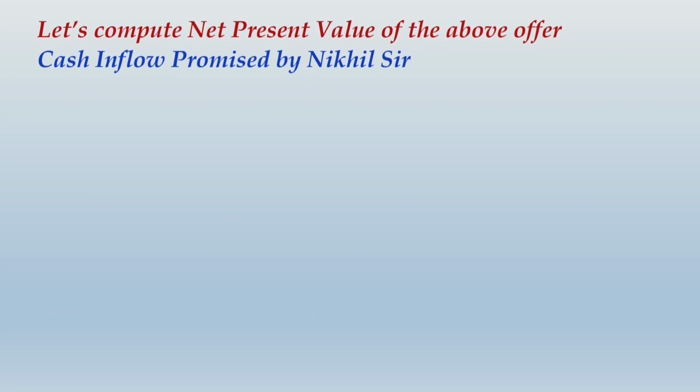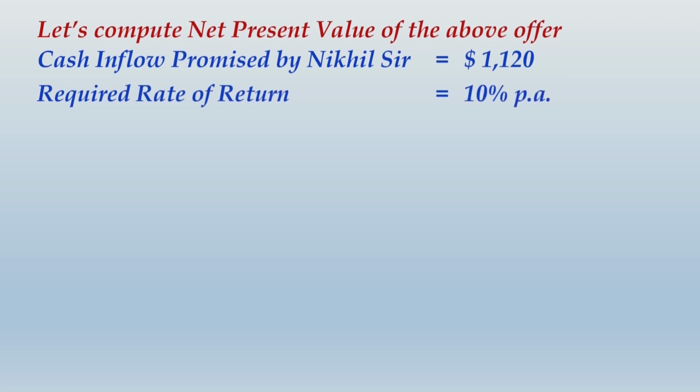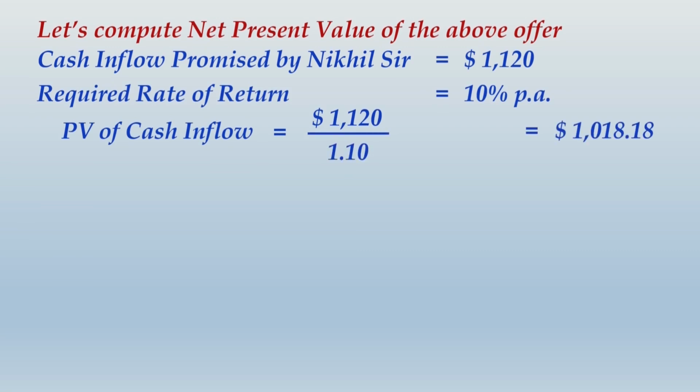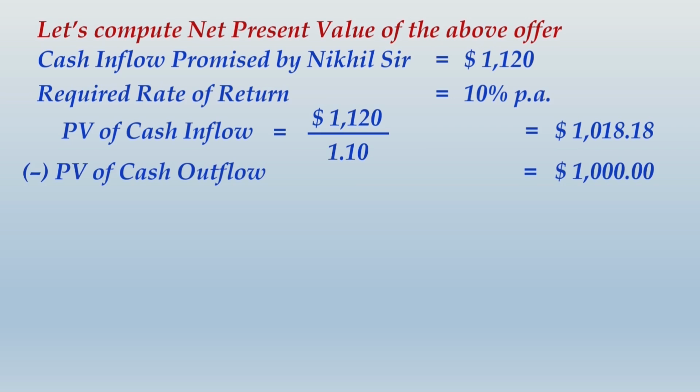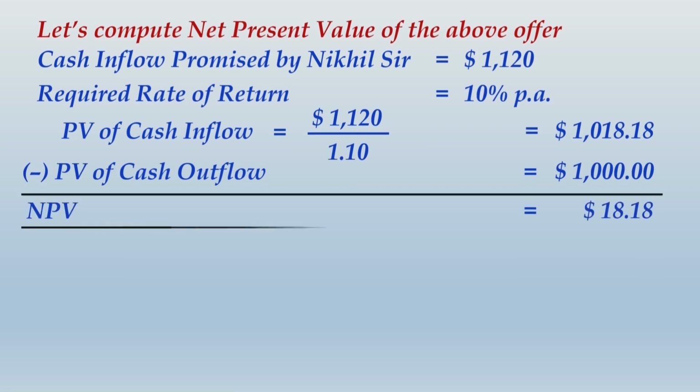Cash inflow promised by Nikhil sir is $1,120 after 1 year. So required rate of return is 10% per annum. So present value of cash inflow will be $1,120 divided by 1.10. That will be $1,018.18, and the present value of cash outflow is $1,000. So what you get is the net present value, that is